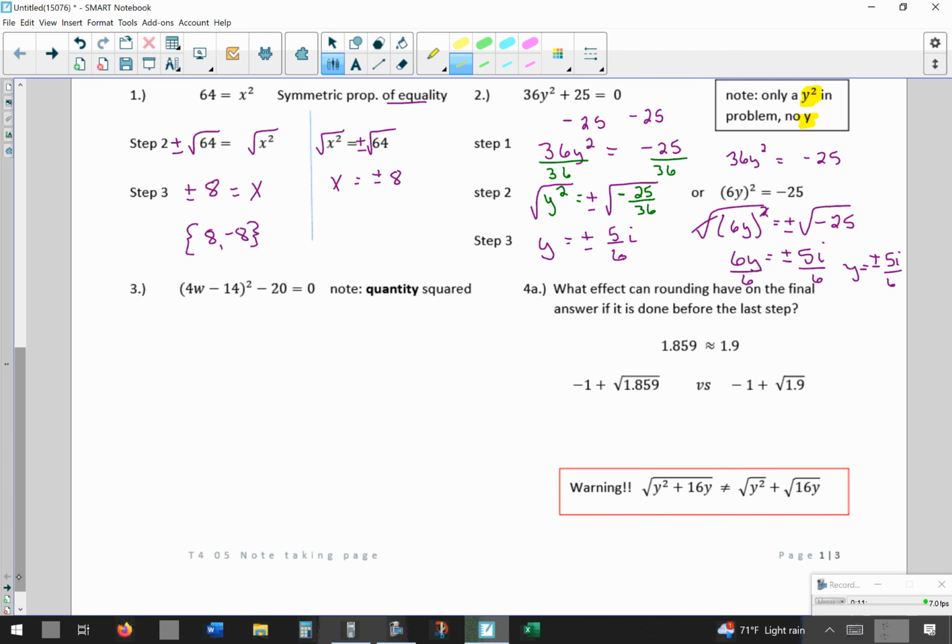Now, in question 3, and again, because I specifically want you using the square root property to solve this one, the first thing we want to note is there is a quantity square in this problem. So I do not want you to expand it. That's not what we're looking for here. Step 1 says isolate the quantity square. So since we do have a quantity square,